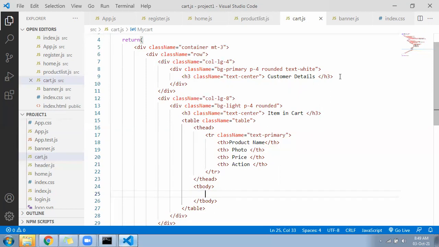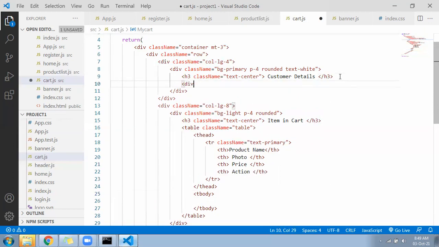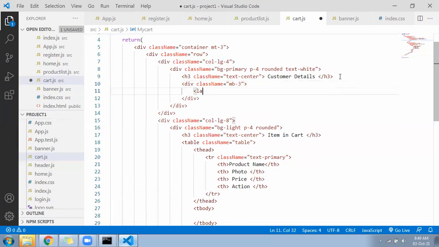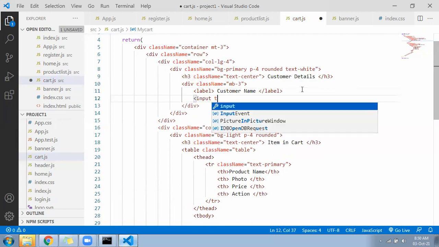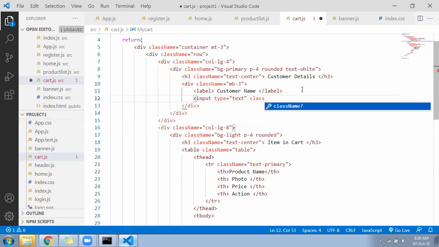So I will go to the first 3. div, className mv3, label customer name, next one text box, input type equal to text, className form-control.